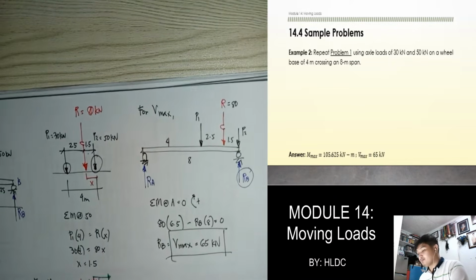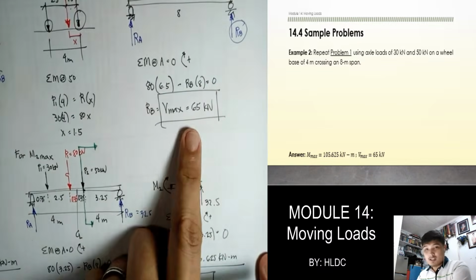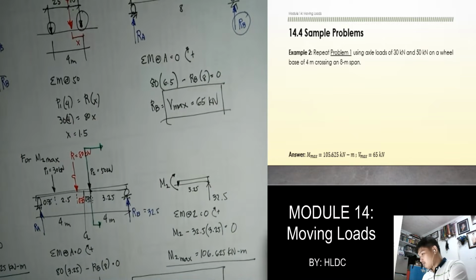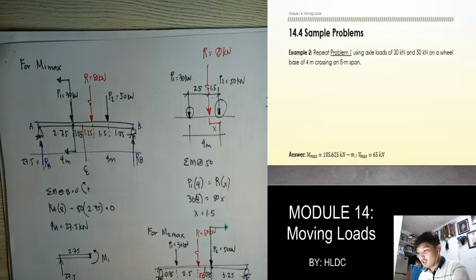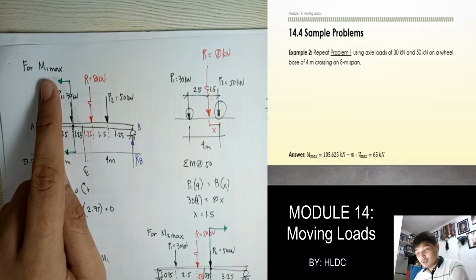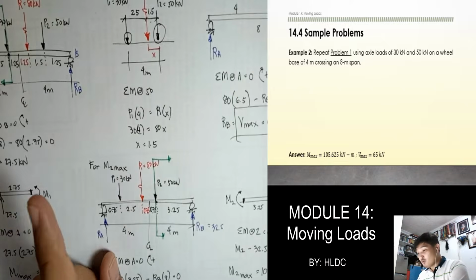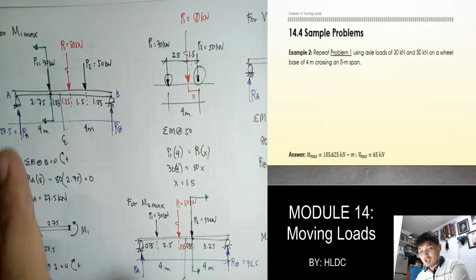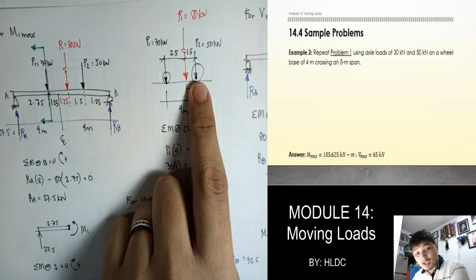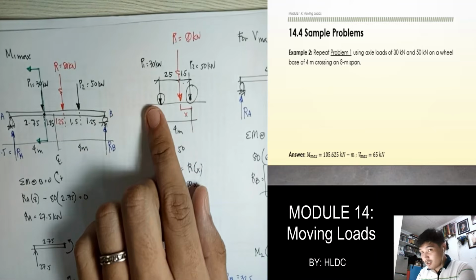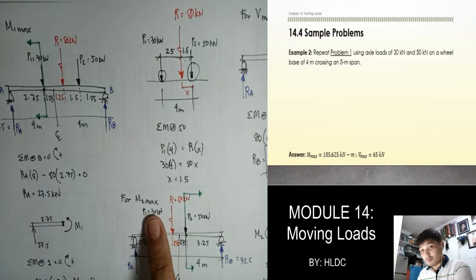105.625 and then 65 for the maximum shear. Okay, so bigyan lang kita ng idea, no? Kasi nangyari dito, ang ginagawa nating solution is we solve for the value ng M1 max and then we solve for the value ng M2 max. Ang clue dito, class, para hindi mo na gawin yung dalawa, kadalasan nangyayari yung pinakamalaking moment doon sa pinakamalaking loading. So, sa case na to, mas malaki yung P2. So, ang pwedeng gawin mo, mag-start ka na lang agad sa pagsasolve ng M2 max kasi siya lang din yung